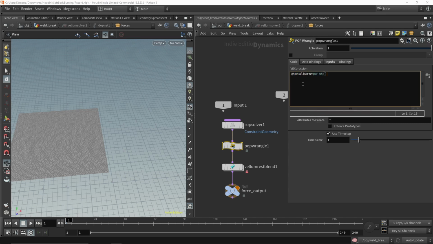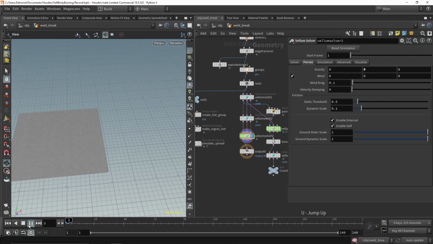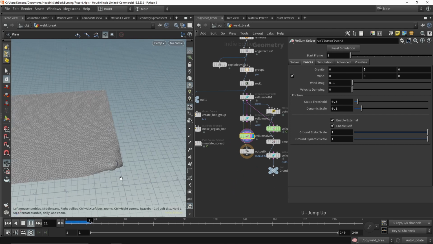Because right now there is a 1-to-1 match between the ptnum of the Vellum simulation and the ptnum of the pyrospread simulation, I update the break threshold so that as the total burn attribute increases, the weld breaks. So right now, our pyrospread solver is breaking our weld.